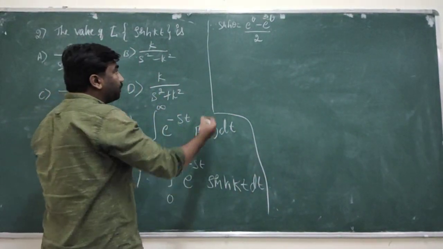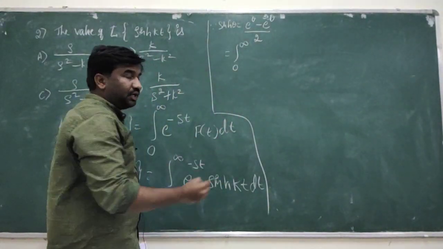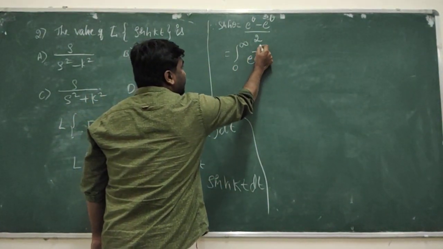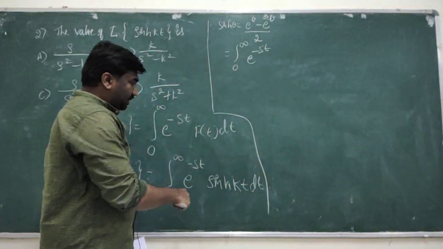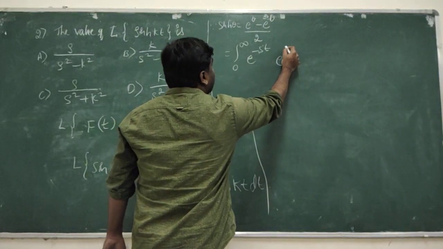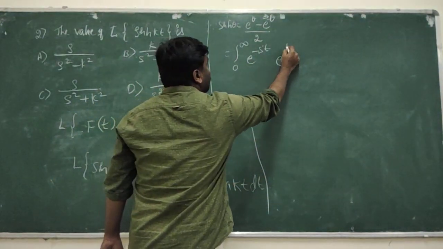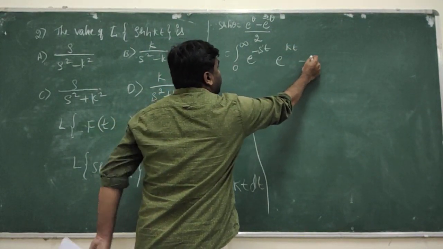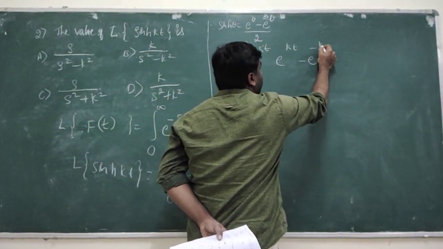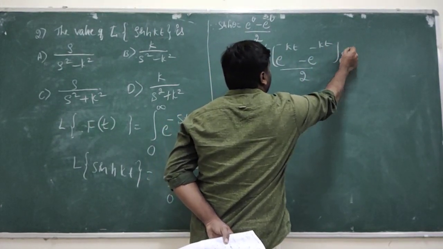So therefore this equation can be written as integration 0 to infinity e power minus st, and sine hyperbolic kt can be written as e power kt minus e power minus kt, divided by 2, into dt,